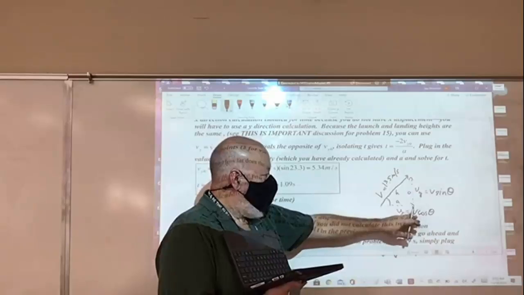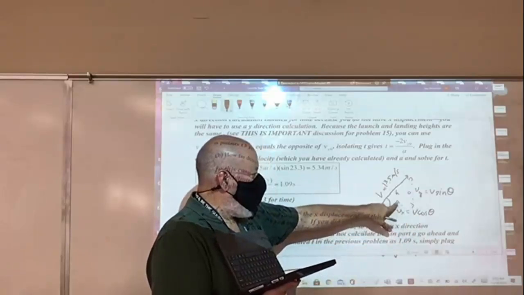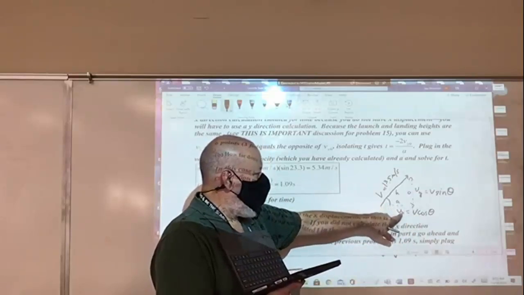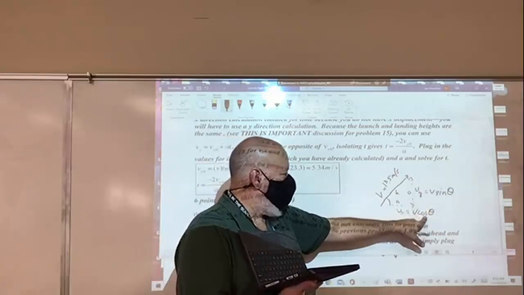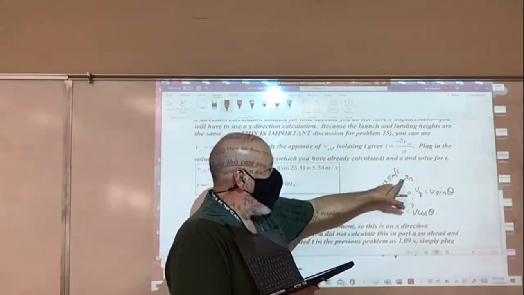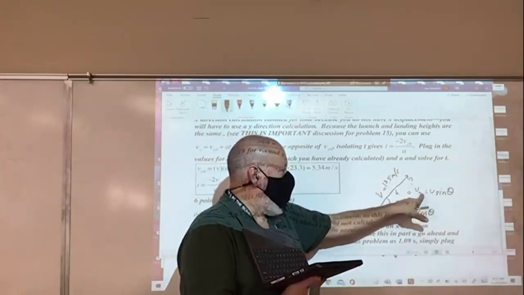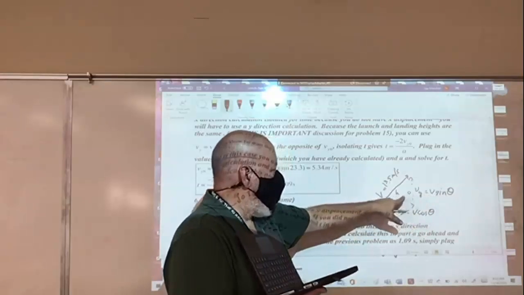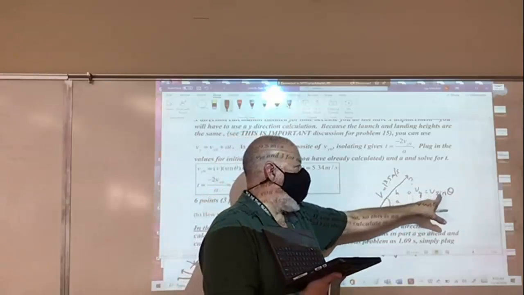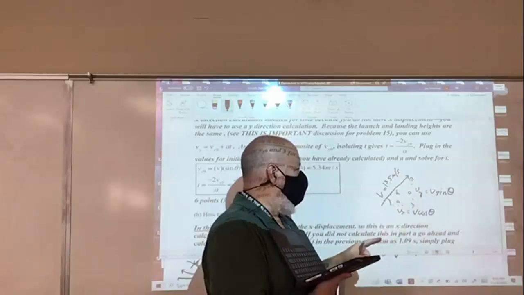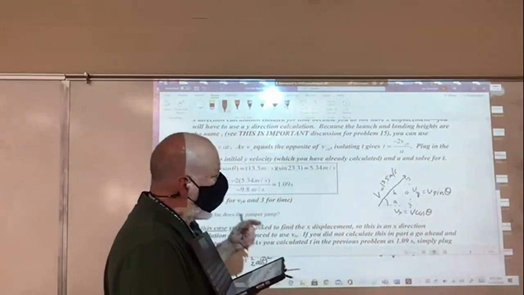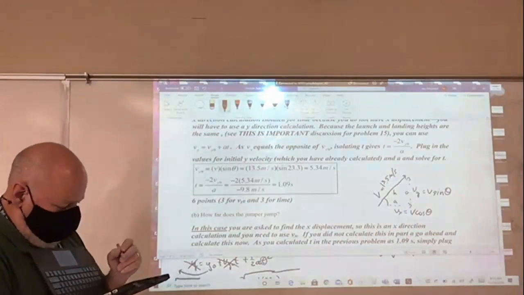Okay? One thing you can do is just simply recognize this is going to be the adjacent side, so I know it's got to be cosine of theta, and I have to multiply by my main vector here to get Vx. The other thing you can do is say, this is the opposite side, so I'm going to have to multiply V times the sine of theta. Or if you completely forget,